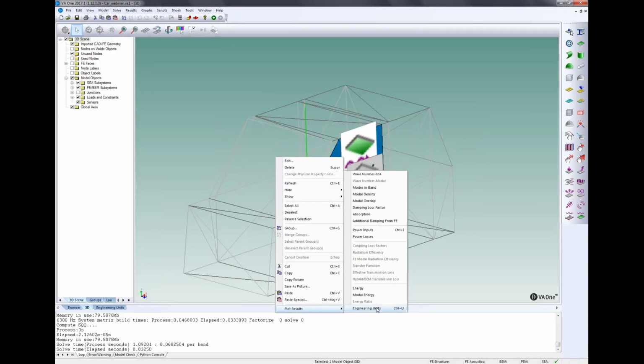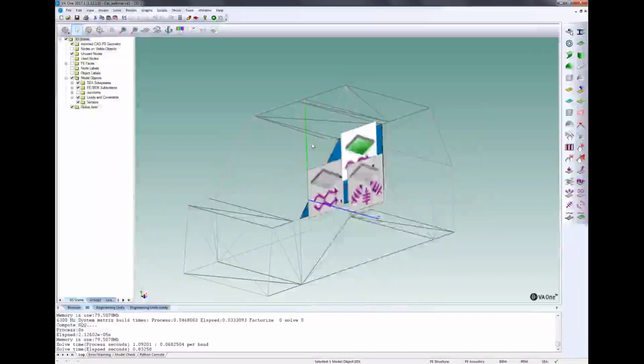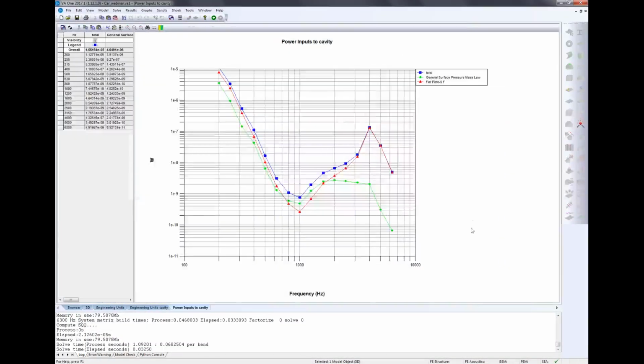And I will take a look at the engineering unit inside the cabin. I will freeze those results and also take a look at the power inputs. In the power inputs you have the total pressure power into the cavity.